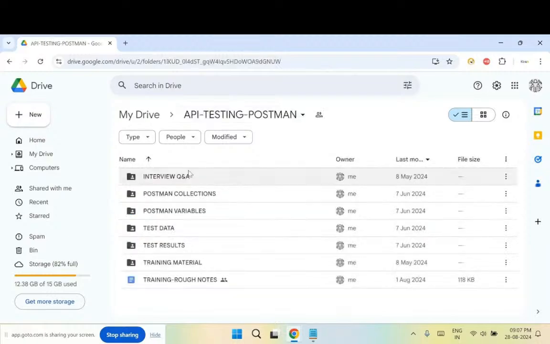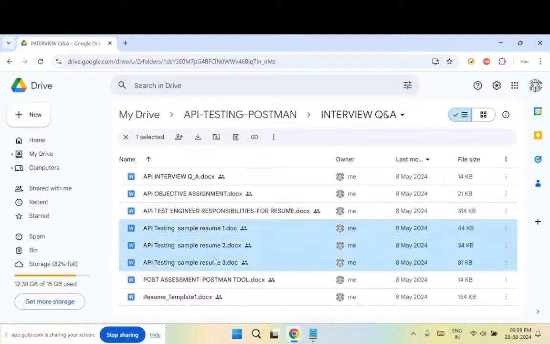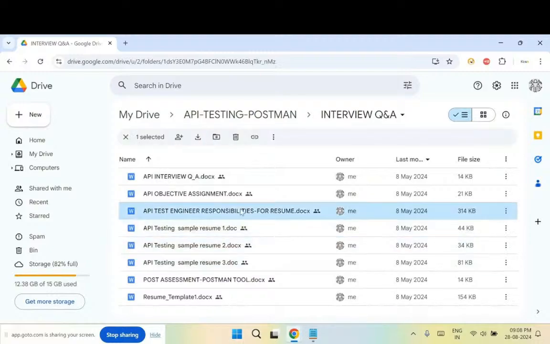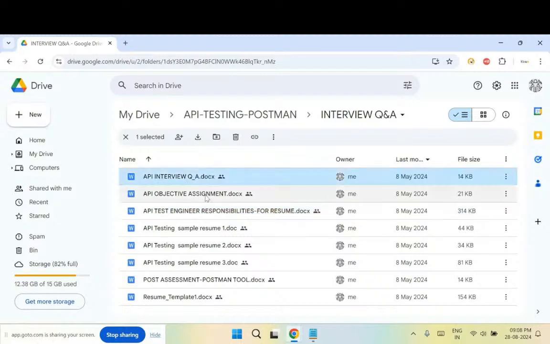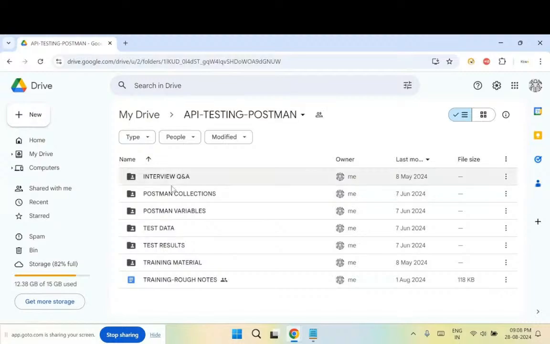Sometimes participants also ask me for interview questions and answers, and what they should write in the resume. So I have written some sample resumes here, and what you can write in your resume for API test engineer responsibilities, some interview questions and answers, some multiple choice questions, and some subjective questionnaires also. Overall, this is how my training material looks.